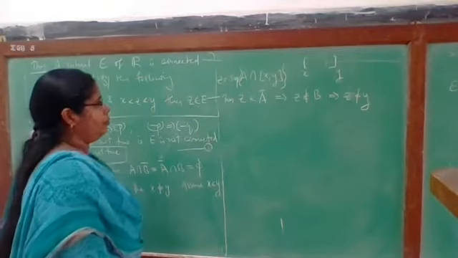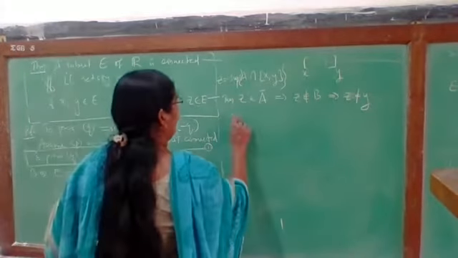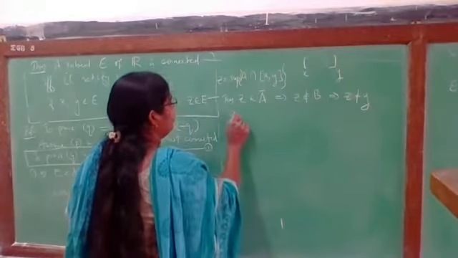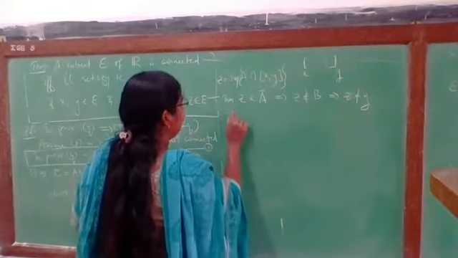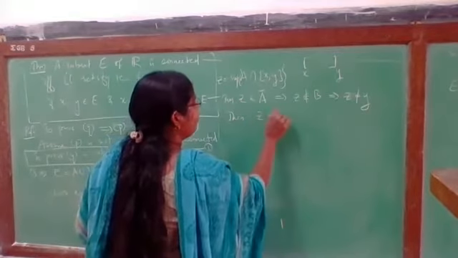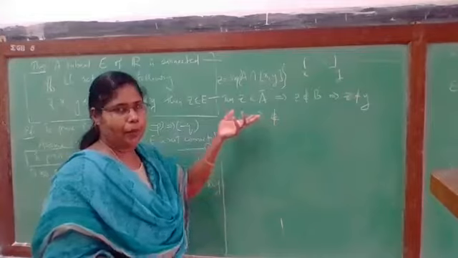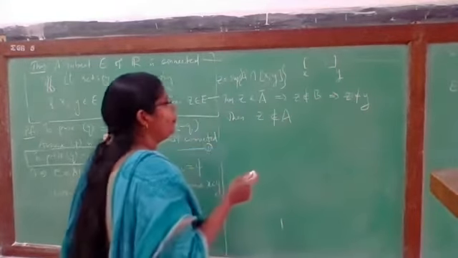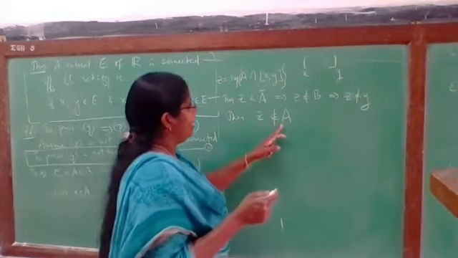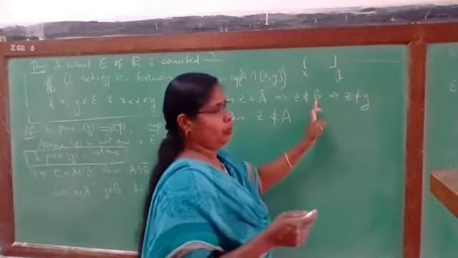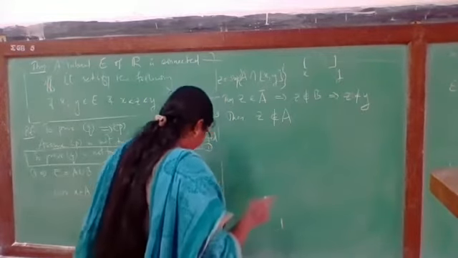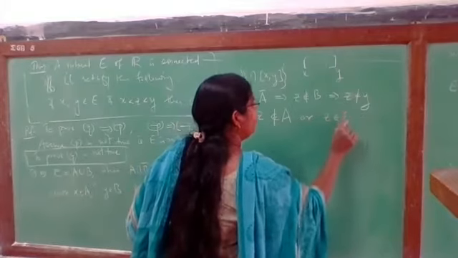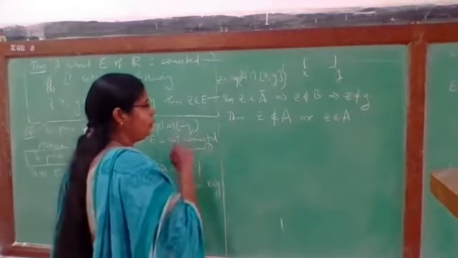Now Z may be a point of A, or Z may not be, since the supremum of a set may not be a point of the set. So if Z is not a point of A, what happens? We have two choices that we can list: Z belongs to A or Z does not belong to A.